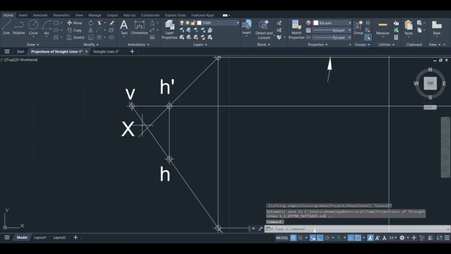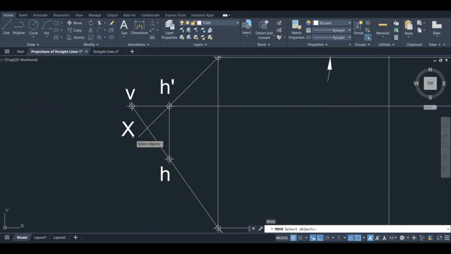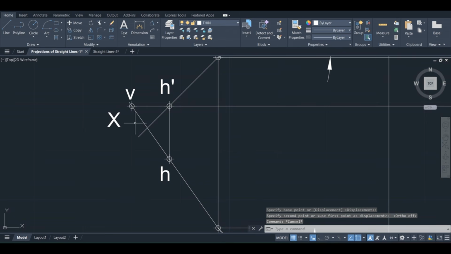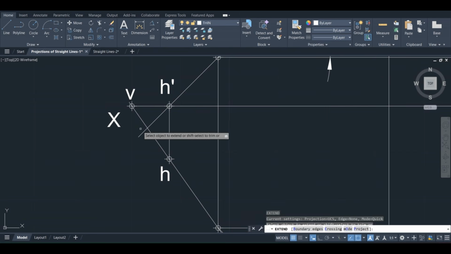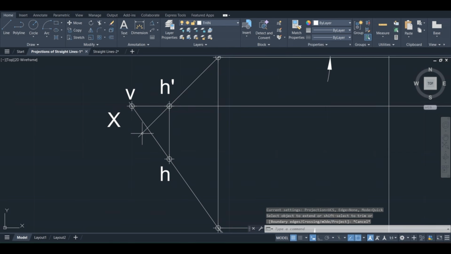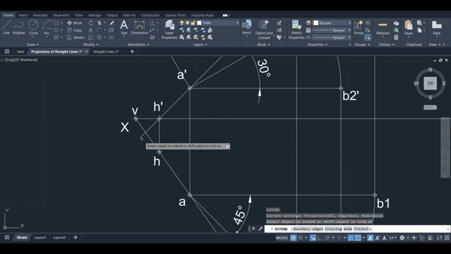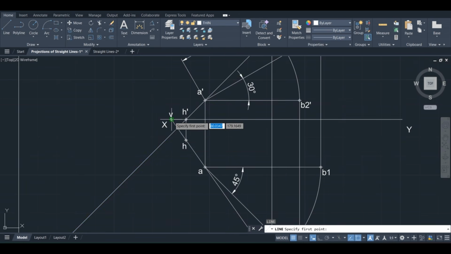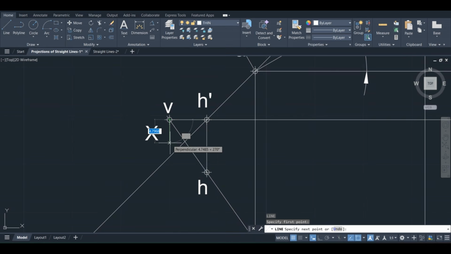So trim this extra line. Yeah. Now move this X here. Okay. Now to get the front view of this vertical trace point V, extend this line now. Draw the projector from V vertically down to meet this extended line.